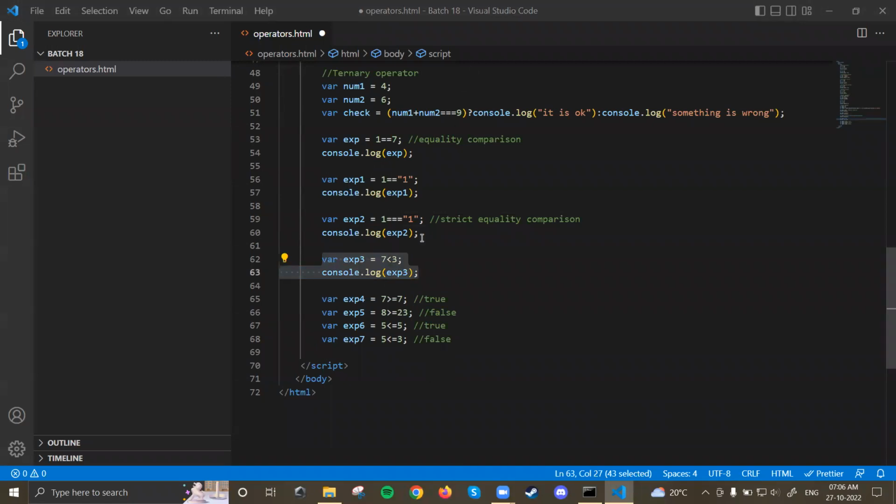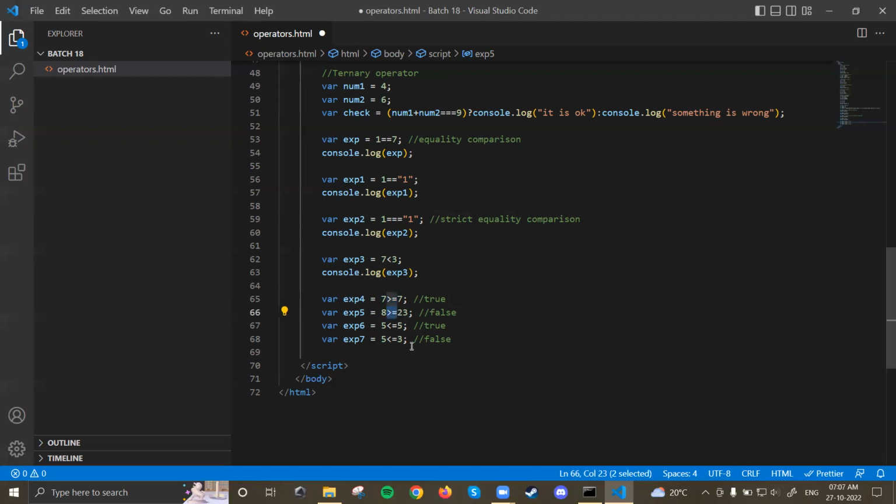Okay, so you may have observed that in the equality comparison we had two different types of equality comparison. One was only the value checking, and if we use triple equal to, then it was checking for the data type as well. But that is not the case with the other comparison operators. Here we have only the value checking. There is no data type checking in less than or equal to, greater than or equal to. Okay,